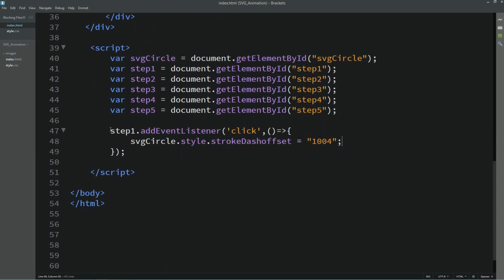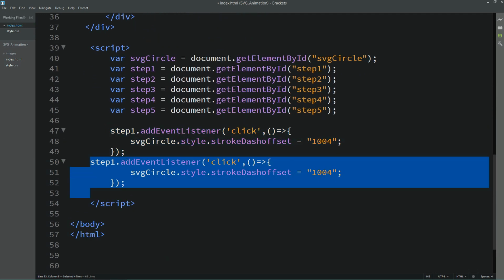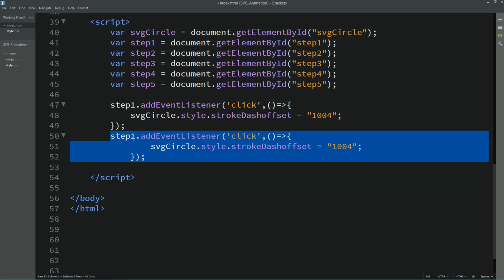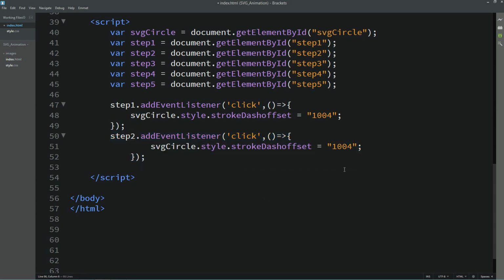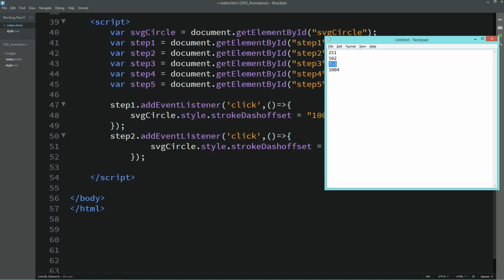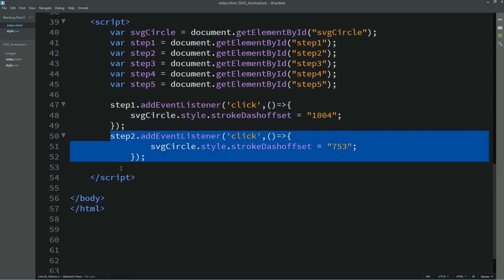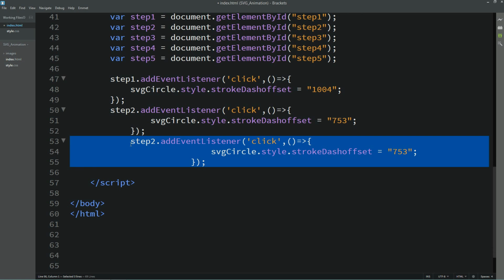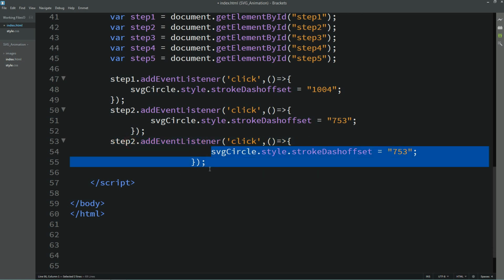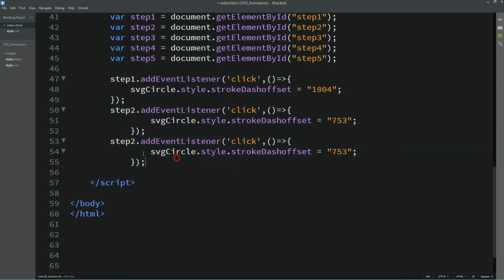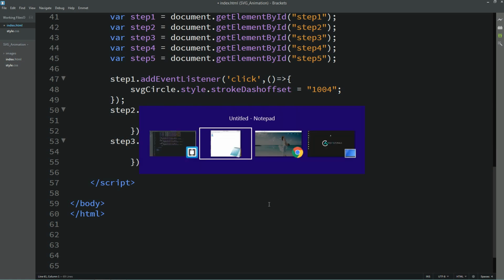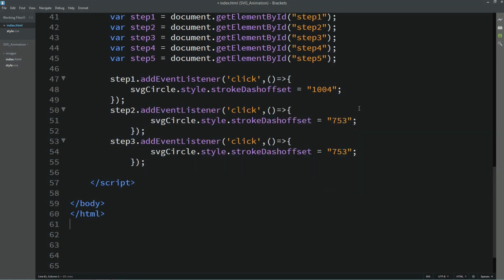Now just come back in the HTML file, duplicate it and here we will change it to step 2. And we will change the value, which is next one 753. Let's duplicate it again and it will be a step 3. And copy the next value, which is 502.